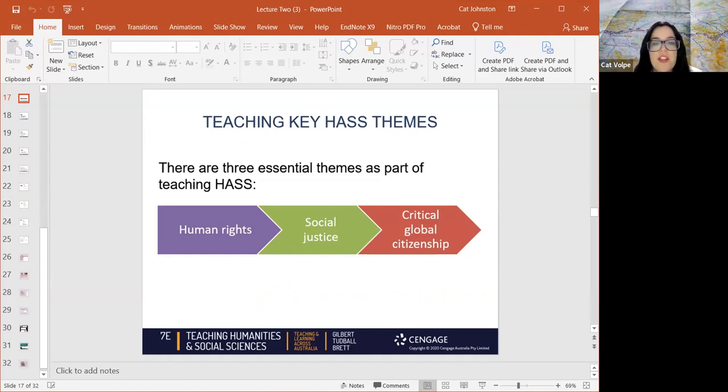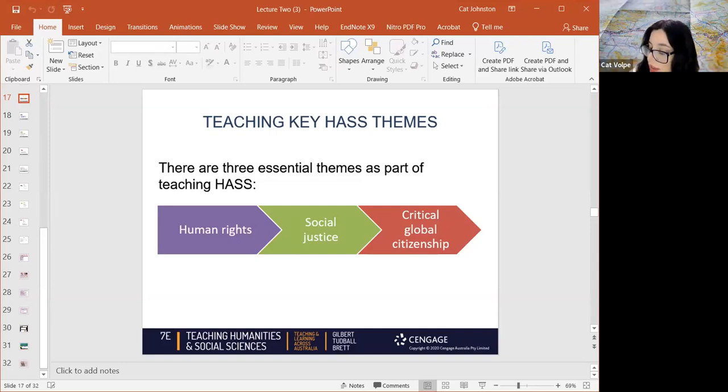There are 3 essential themes that are a part of teaching HASS or HSIE, and these are human rights, social justice, and critical global citizenship. So really our units of work are founded and underpinned on these 3 themes. And if we think about what values education is, we can think about how that informs these 3 themes as well. So just a couple of quotes that I wanted to read as we're thinking about these themes